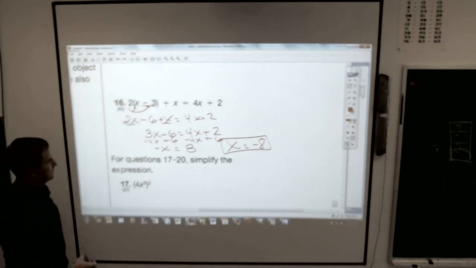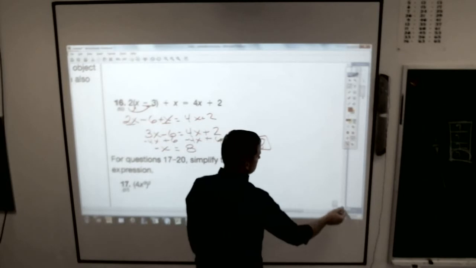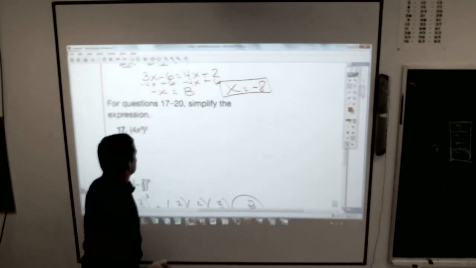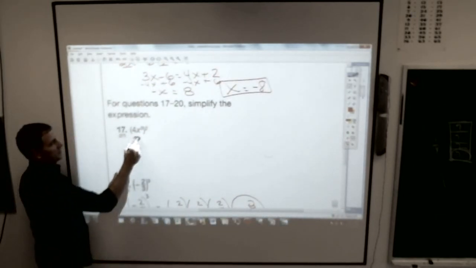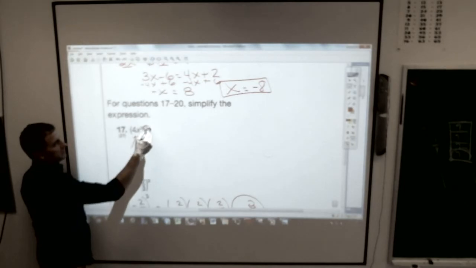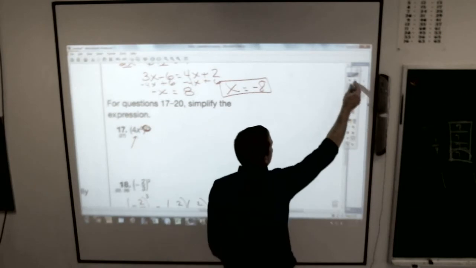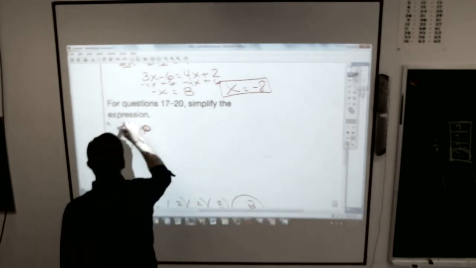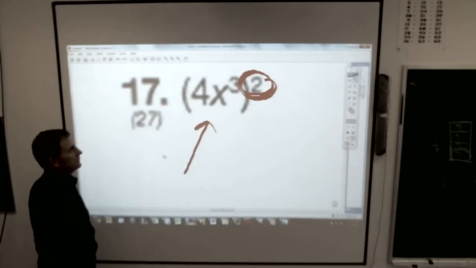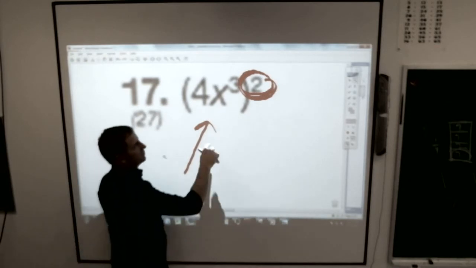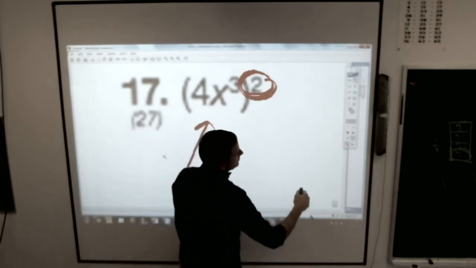Manuel? 17. I was hoping somebody would ask 17. Just know this, see this little squared? Maybe I should make it bigger. See that big squared? See that little 2 there? That means whatever's inside the parenthesis gets multiplied